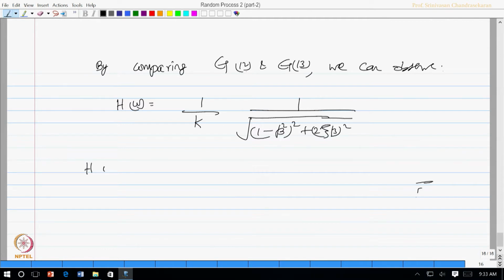H omega is called the transfer function,